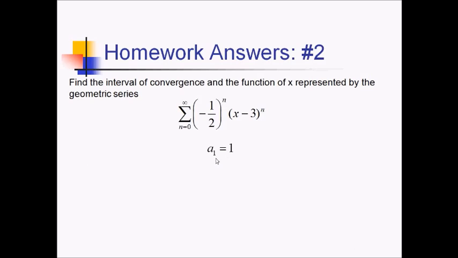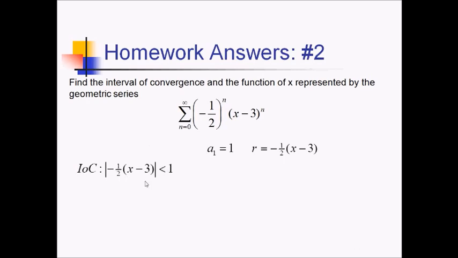Now for the r value, we're just looking for the thing that's being multiplied by itself over and over again. So that's going to be the negative 1/2 and this (x minus 3). Both of those together comprise the r value on this. To get the interval of convergence, we're going to take the absolute value of r and set it less than 1. Now a little trick you can do when you put this between negative 1 and positive 1,